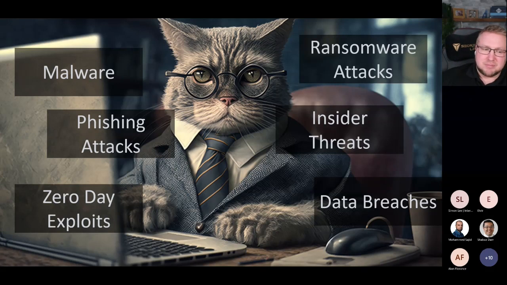Things like malware, phishing attacks, zero-day exploits, ransomware attacks, insider threats, and data breaches are just a few examples according to ChatGPT. And those are the things that keep CISOs up at night. And all of these are made significantly worse if the attacker has